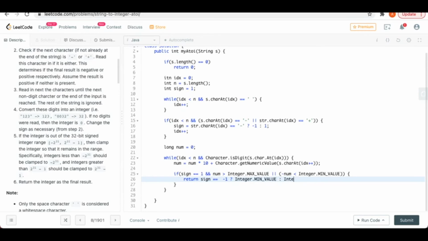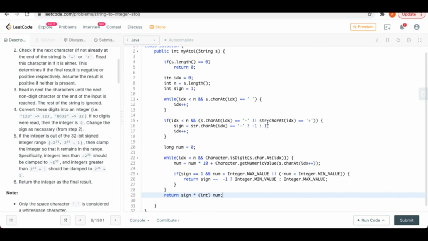Otherwise I will return Integer dot MAX_VALUE. Okay, so this is fine, and if everything goes fine, we come here, we do a sign multiplication to the int typecasted number. So this should work.